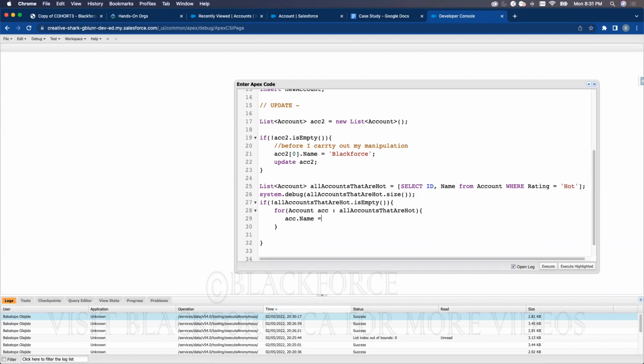No, let's change the rating so you can see it. Rating equals 1. So I am changing the rating of all accounts that are hot, and I am updating it as I am changing it. If I run this,